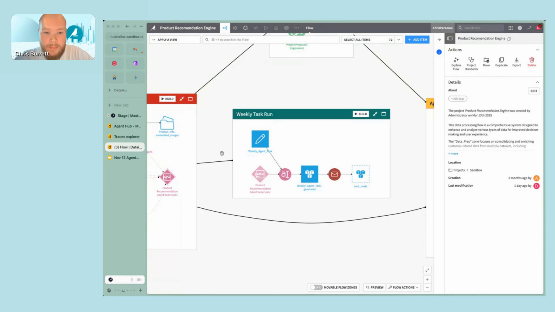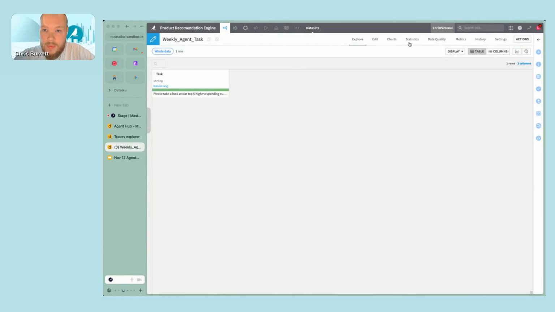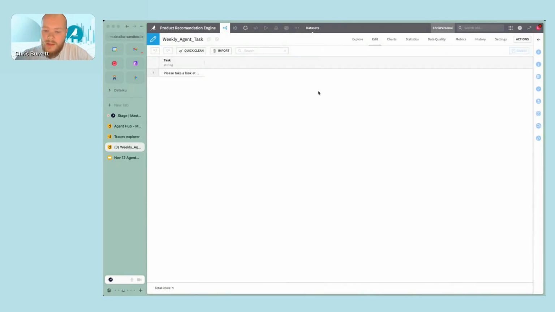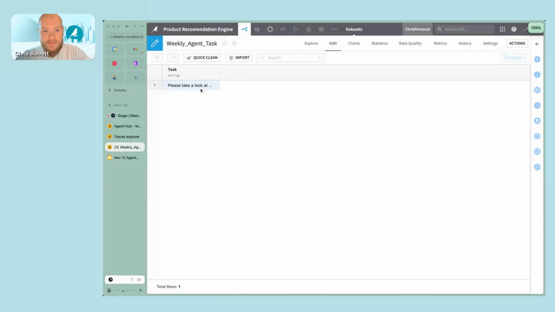Every week, every month, maybe every quarter if you want a quarterly write-up. And this is actually more common than you might think, so we natively provide the ability for you to do that. In this case, what I've done is create an editable dataset. We can come over to edit here, and here we can start editing this specific dataset.